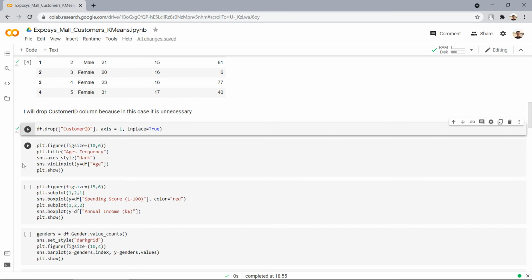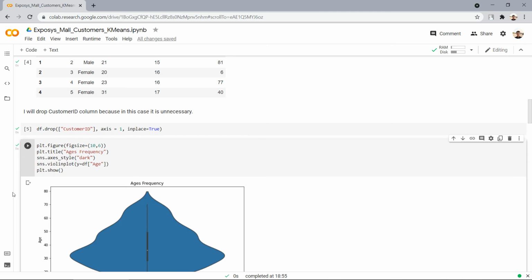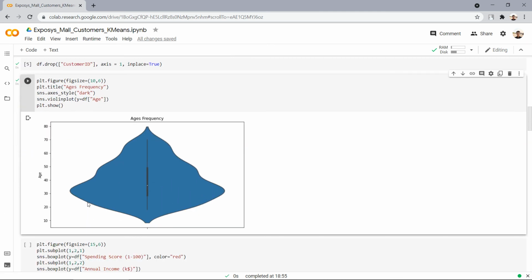I have given the plot title as ages frequency and chosen a violin plot to show the age along the y-axis. So after running this, this is the output. As you can see, there are more customers ranging from 30 to 35 age.